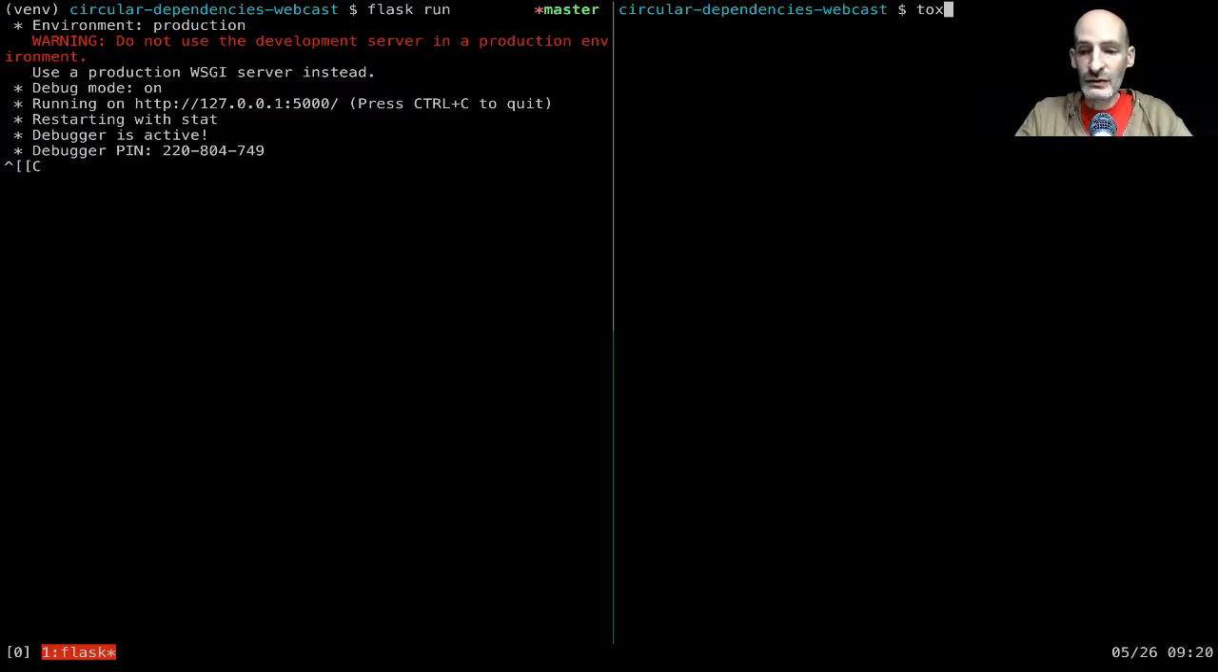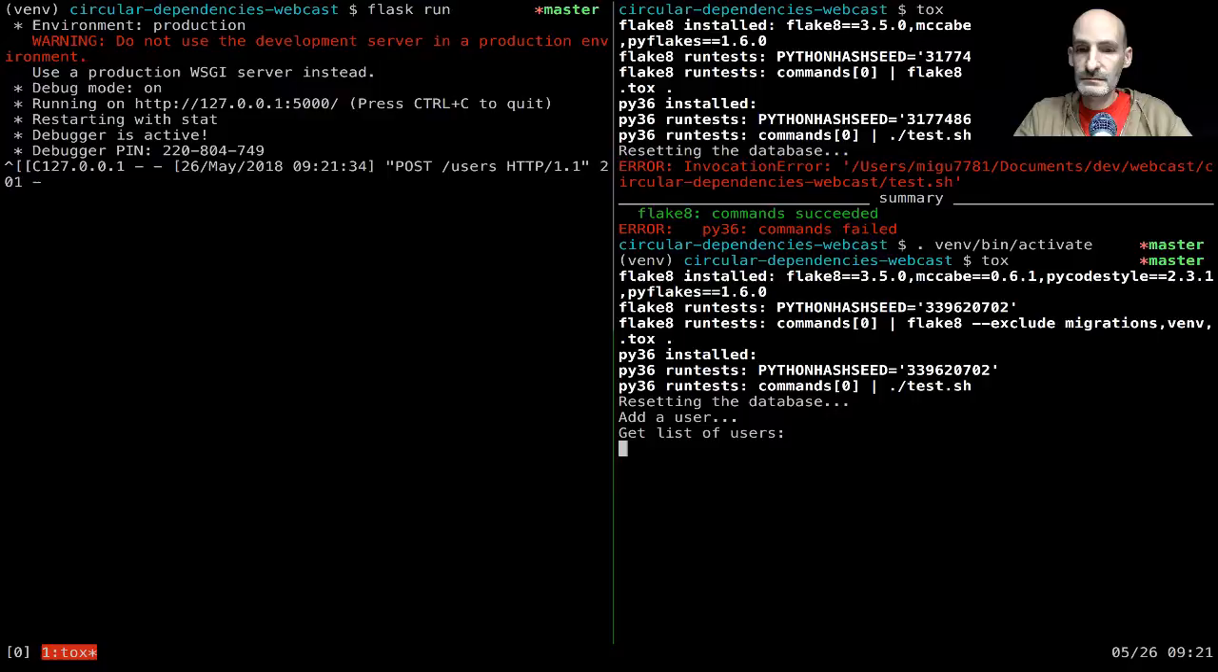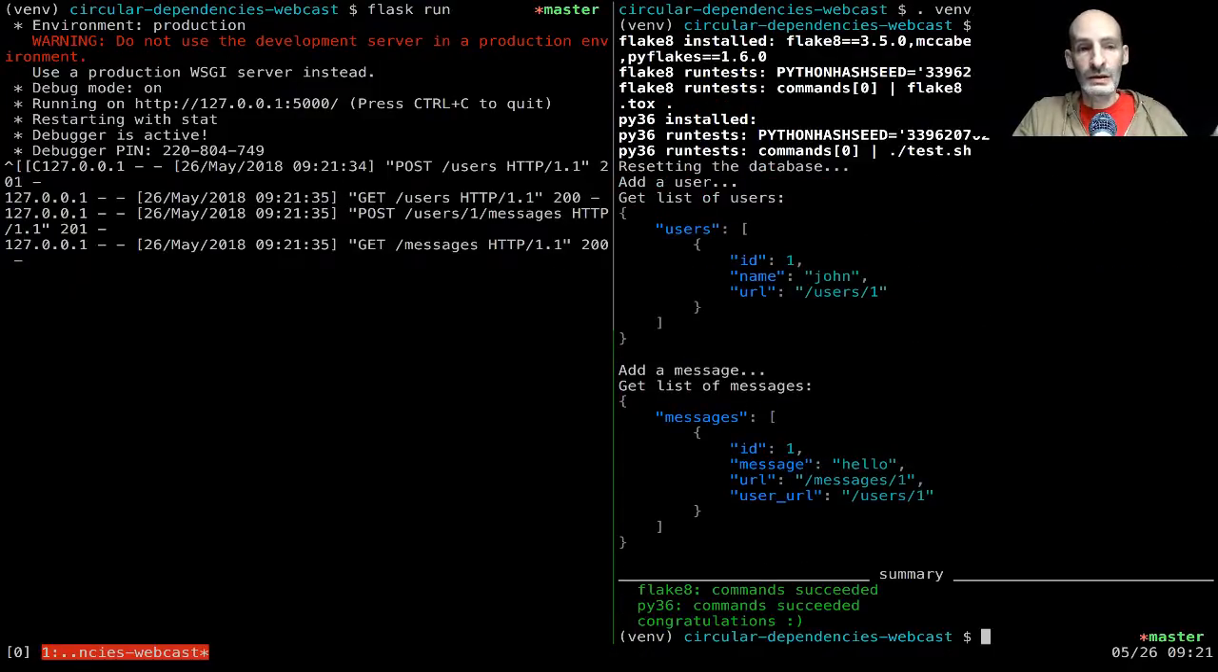So I have a Tox project. For those that don't know, Tox is a very useful test runner. You can define what tests you want to run in a tox.ini file, and then you say tox and, oops, I have an error. I don't have the environment activated. Let's see. There we go. So Tox runs a couple things here, and the output is maybe a little bit noisy, but